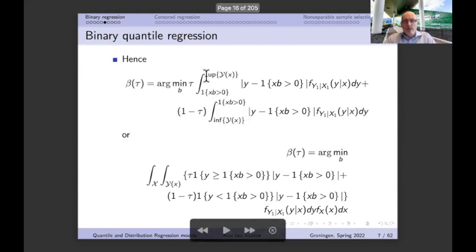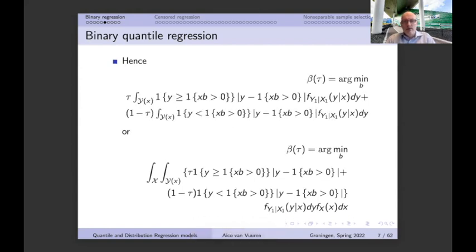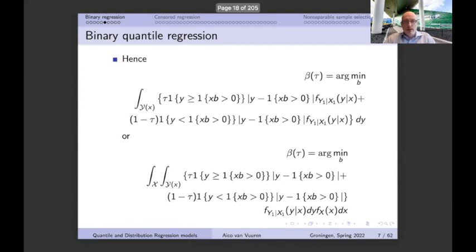We can do it with respect to the first integral, as I've just done, but we can also do it with respect to the second integral. Then we have to realize that if we integrate over the full support, we have to have an indicator function that indicates that y must be smaller than this indicator function that we have over here. So in total we can write it like this. Now we have two integrals, but we can take them together, and that's what I've done over here. Now we have an extremely long integral. It starts at this line and ends over there.